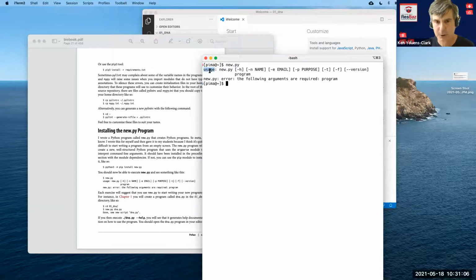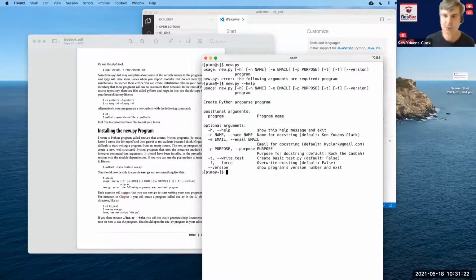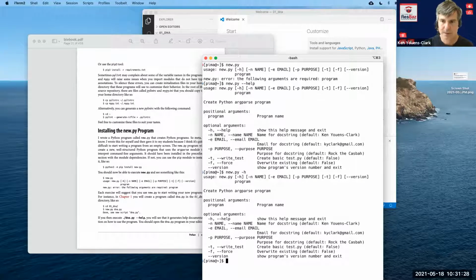And what I want to show you is how you can create a program that also creates a usage statement that says, oh, you didn't give me the right arguments. You need to give me this in order for me to run. And I can also run NewPy with --help, and it will present a longer version of this, or -h. So this is very, very common in command line based programs. It's pretty much universally expected that your program will respond to -h and --help flags with something like a usage, and so that's what we have here.